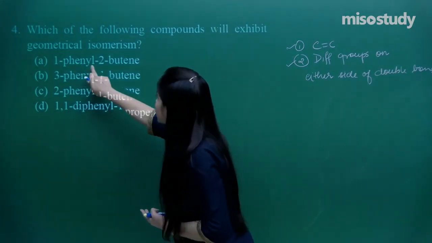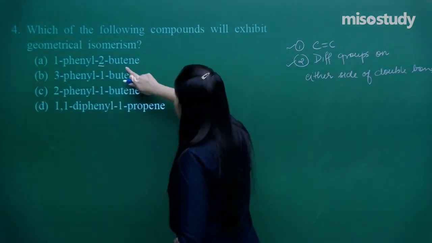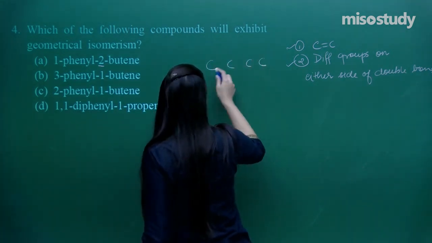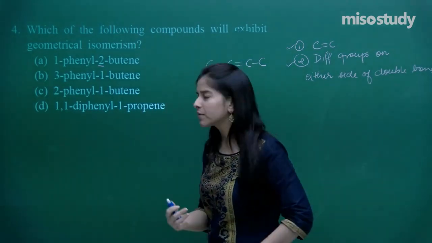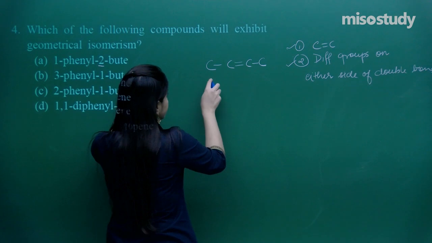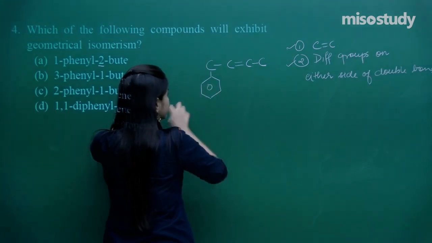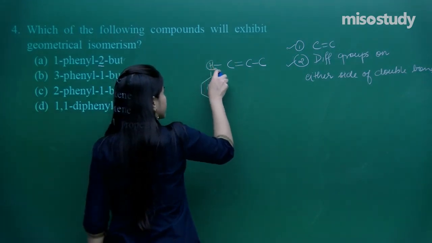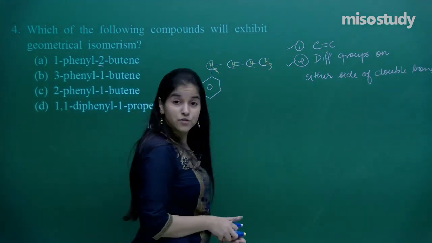So I have got 1-phenyl 2-butene. I need butene, and the double bond is at the second position. On the second carbon I have got it. I am not mentioning the hydrogens over here, we can also mention them. On the first carbon I have got phenyl, something like this. Now, let me just complete the hydrogens over here. H2, H, H, H3. So that is what it is.